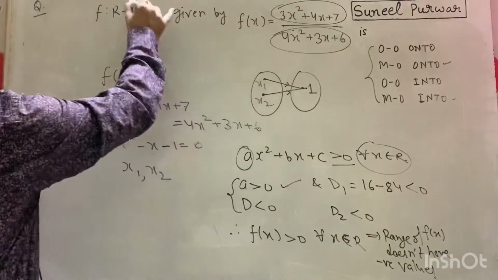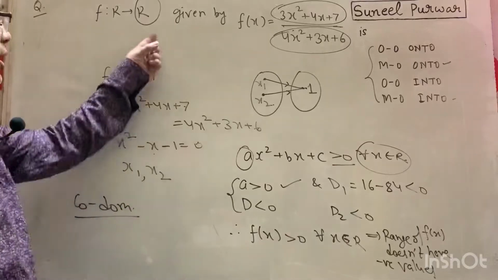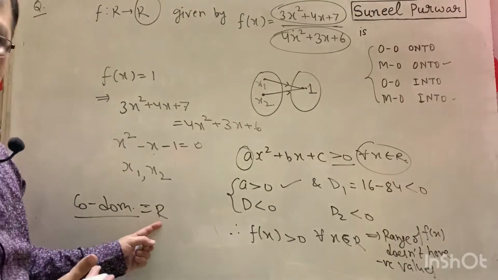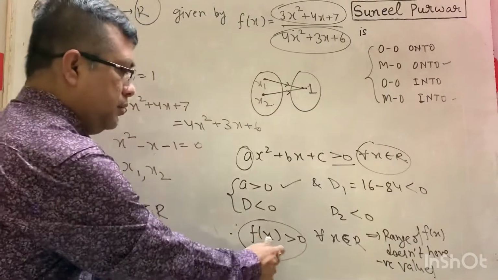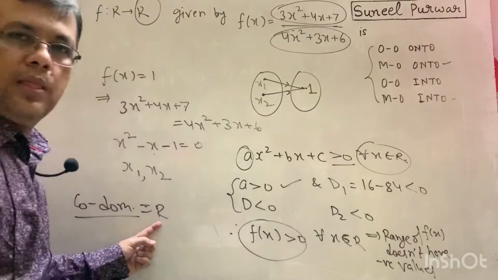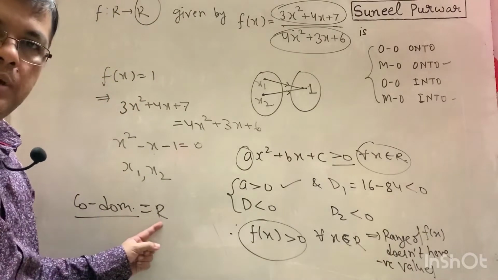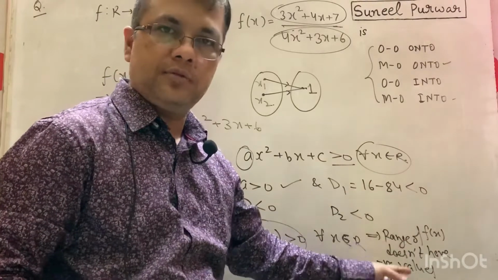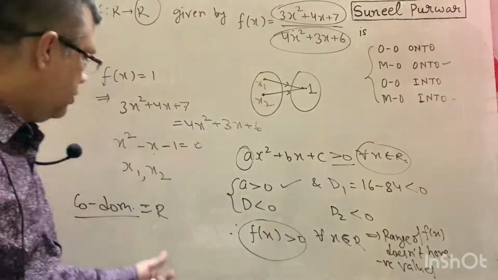Now you see, what is a codomain? Codomain is R. So codomain is R, which is having both positive values as well as negative values, but the negative values can never be the range because of this output here. Okay, so codomain is obviously not equal to range. So, understood? So codomain is covering all real values, whereas the range is not covering all real values. In fact, range is ignoring all negative values. Okay, so range is not equal to codomain.